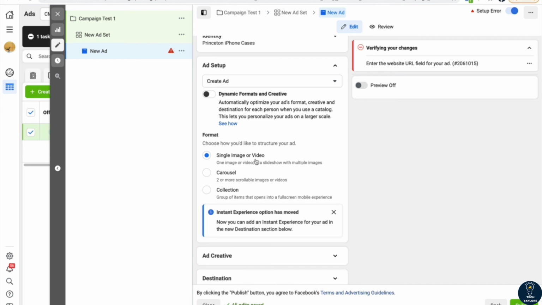There's a single image or video. There's a carousel, which is literally a scrollable set of multiple images, meaning you're trying to show off maybe a collection of 3 or 4 items. And a collection format is kind of like a carousel, but it looks more aesthetically cool. It looks really nice and it displays multiple photos. But for now, I'm just going to do single image, which is the basic ad. So I'm going to close that,